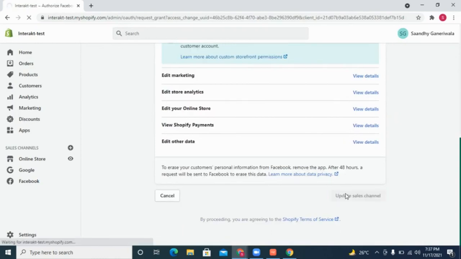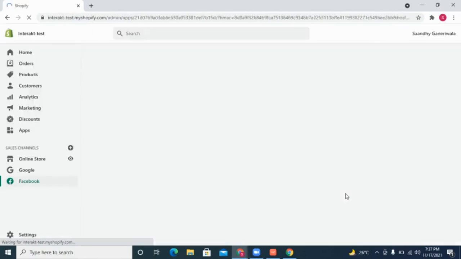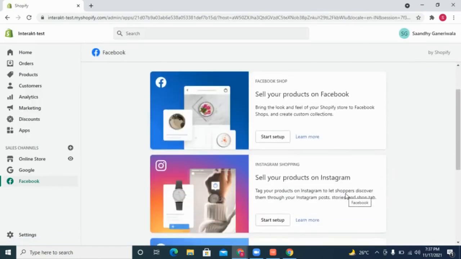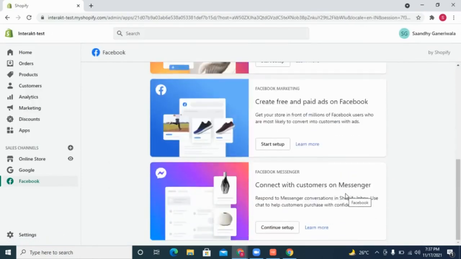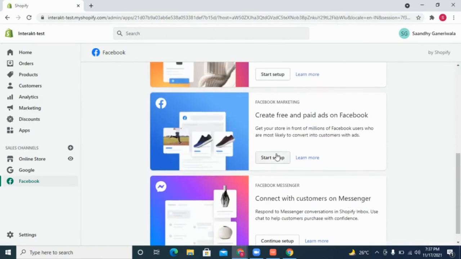Click here to give the required permissions to Facebook. After that, scroll down to create free and paid ads on Facebook and click on Start Setup.